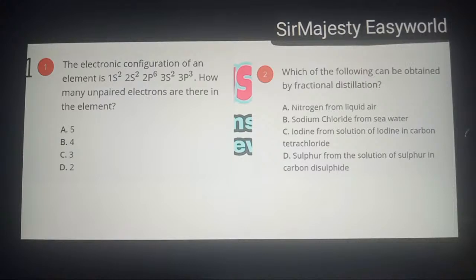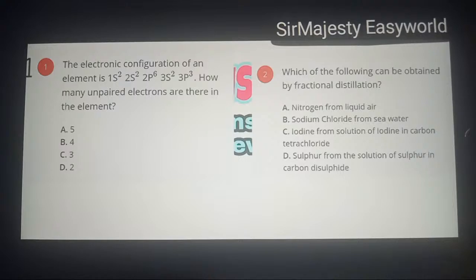Air is a mixture of gases. Nitrogen, oxygen, carbon dioxide, and noble gases are all contained in the air. But nitrogen has a quite different boiling point from oxygen, and these two are the major constituents of air. So it's easy for one to do the separation by fractional distillation. I think the boiling point of nitrogen should be minus 196, and that of oxygen should be minus 183, if I can remember. So the answer is A, nitrogen from liquid air.